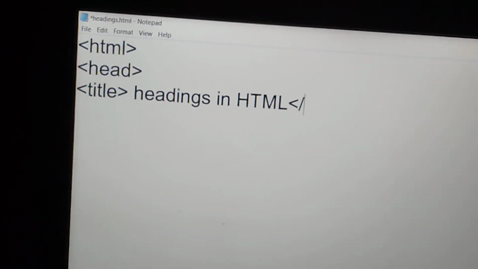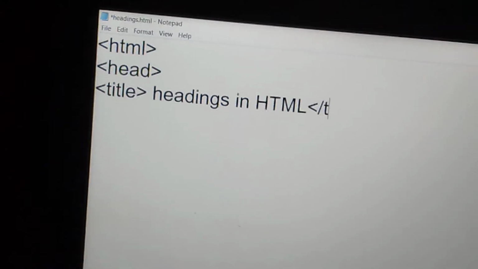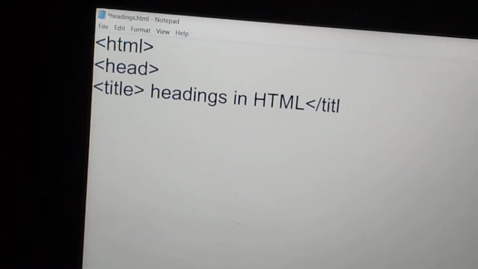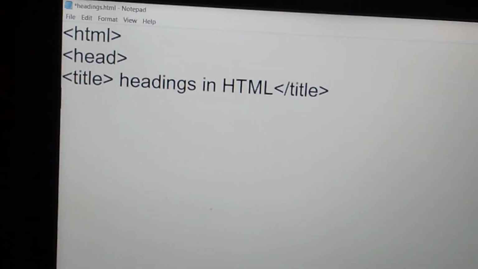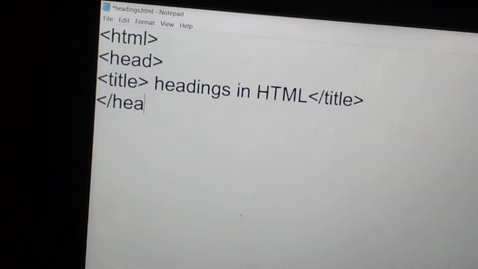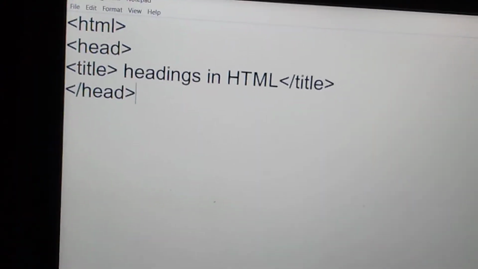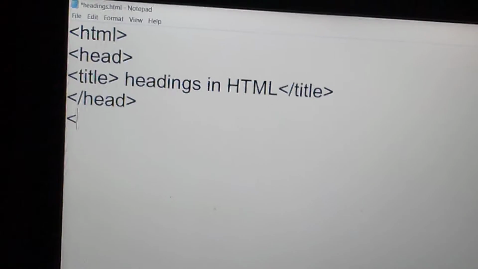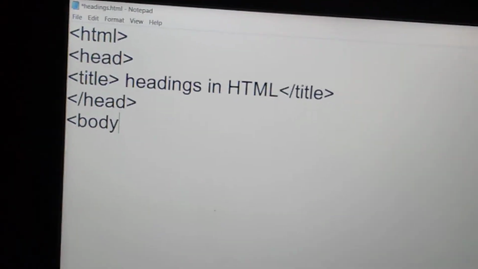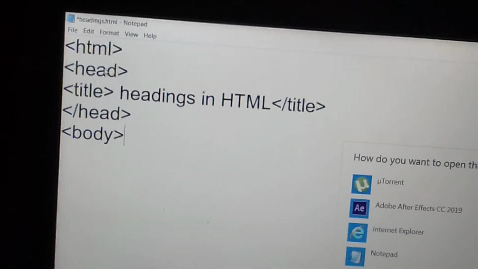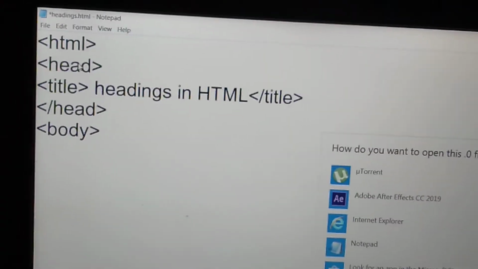I close the title tag first, then the head tag I am closing over here. Now I start with the body tag. Now here I am going to use the headings.